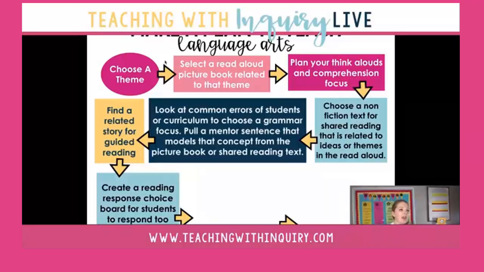Then I'm going to create a reading response choice board for students, and I'm going to look at what it is that they can respond to, and I will give them perhaps a bunch of different questions. So I'll have a question that might get them to make connections or write an inference or look at asking questions or making predictions with the text that they read for their reading response. And I like to give them a choice for this because sometimes students are better at answering some questions than others.